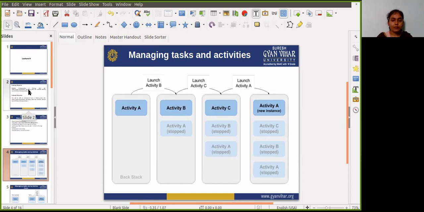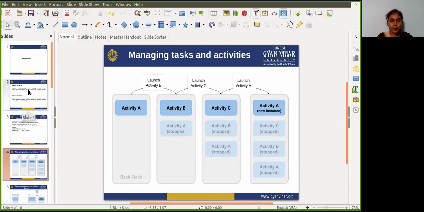So most of the time, users navigate from activity to activity and back again through the stack in a straightforward way. So depending on the design and navigation of your app, there may be complications, especially with activities that are started from other apps or other tasks.